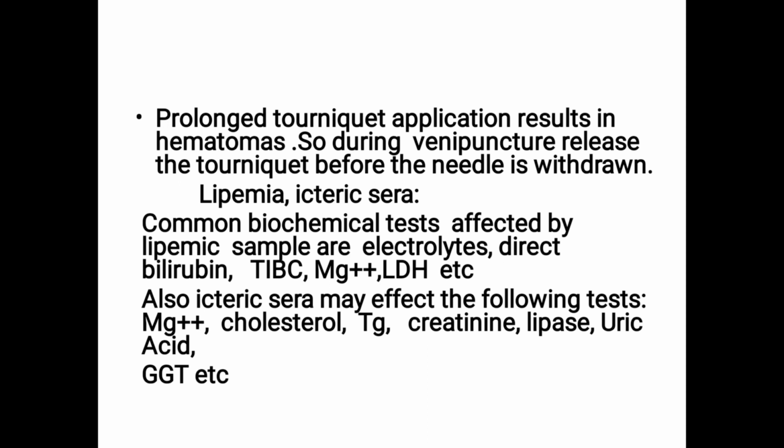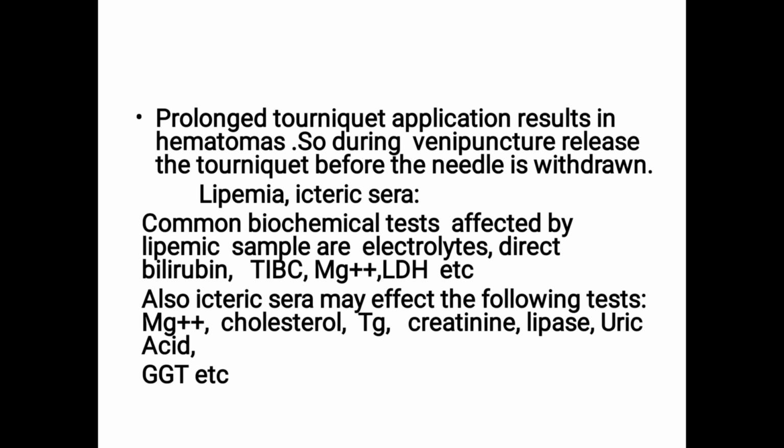What is the adverse effect of hemolysis? Do you know? Mainly it affects electrolytes, sodium and potassium. Potassium is an intracellular ion in the RBC. When RBCs rupture, potassium comes out, so the potassium concentration outside the cell is high. So there is no use of using hemolyzed blood in potassium estimation.